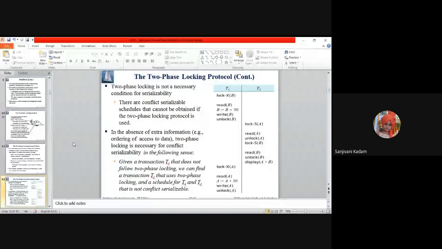So here two-phase locking says that whatever schedules are there. Okay, first let me show you how to convert a given conflict schedule to a serializable schedule.